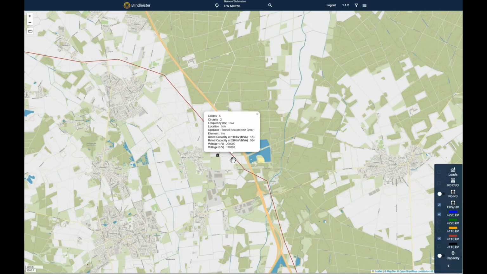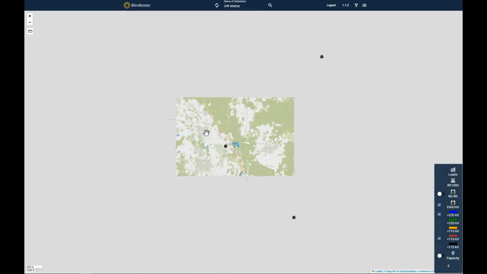But to be more conservative, we can also reduce it maybe by 5 to 10 megawatt. So it would make sense to request in this area another, let's say, 20 to 25 megawatt of photovoltaic, under the assumption that the system operator is really checking also the complementary behavior of wind and PV in this region,